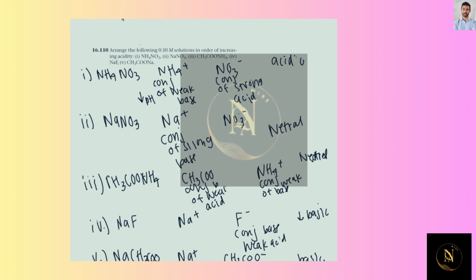So now we need to put it in order of increasing acidity. If we're increasing our acidity, the thing that is most acidic needs to be on the farthest end, and that is going to be our NH4NO3, because when we look at all of our answers here, that's the only one that lied acidic at all. And then